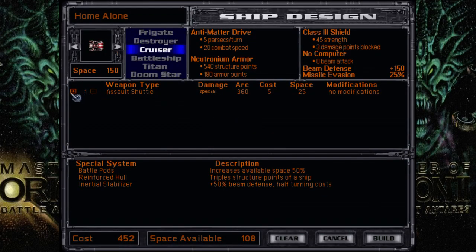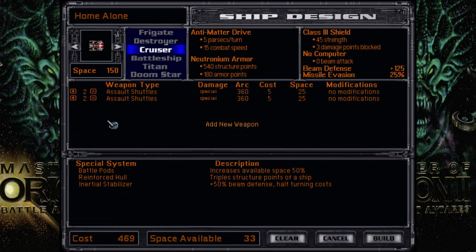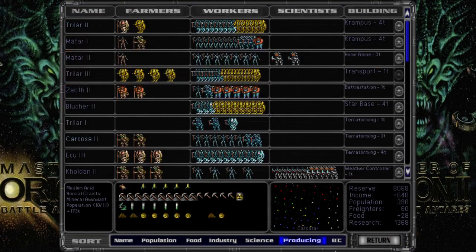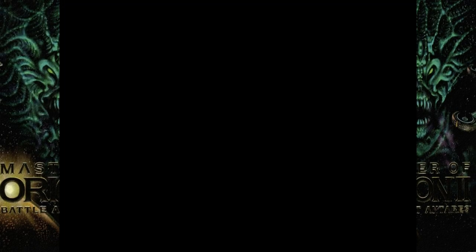So we'll do them, 2 sets of 2, and then one of 1 for grabbing like frigates and stuff. Okay. Malone in 5. Let me get a closer look at the planet there. The ultra-rich one is the one on the Krampus, yeah. They'll rush build that one next turn. And then we have the...